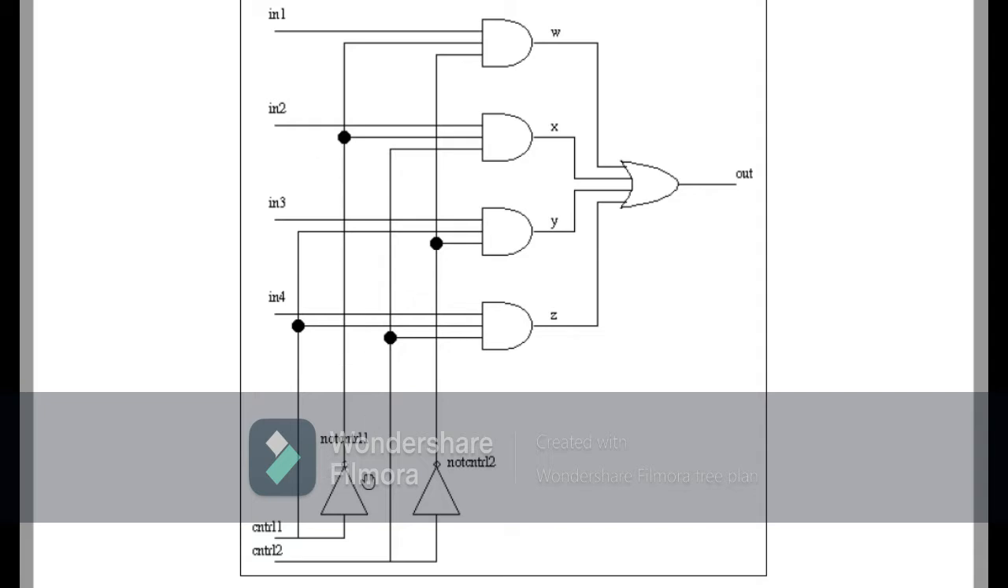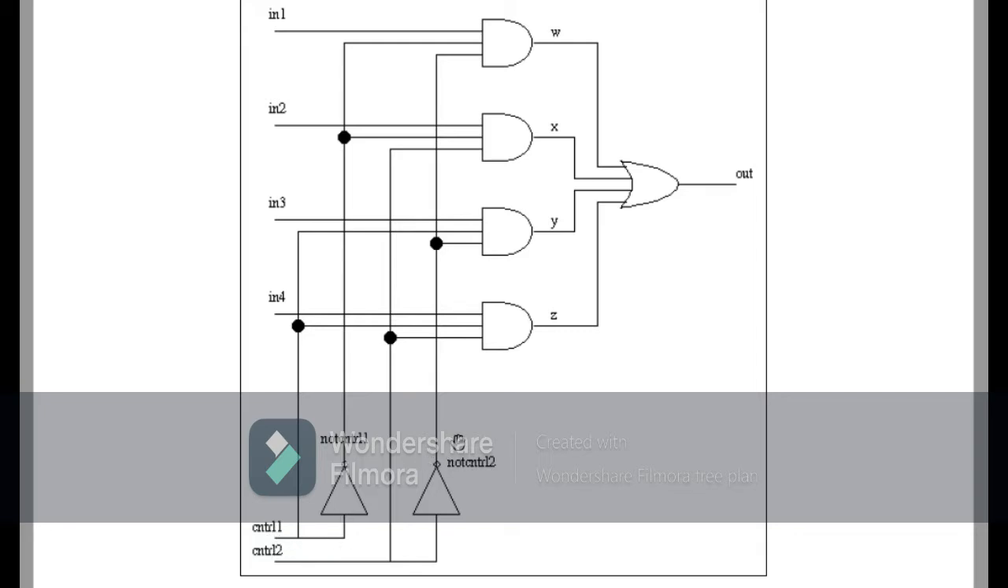Here we use the NOT gates, not control 1 and not control 2, to obtain the negation of control 1 and control 2. Here are the 4 AND gates, one for each input. You can see for the first AND gate W, the inputs are input 1, not control 1 and not control 2. So when both control 1 and control 2 are 0 0,